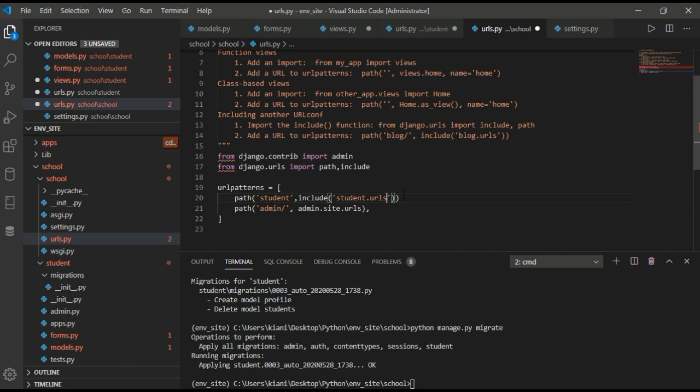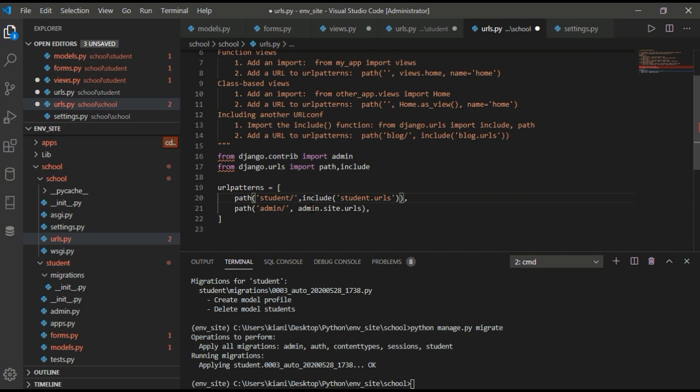All the applications have URL paths, and you include the required URLs into urls.py. We have to import include also, right?